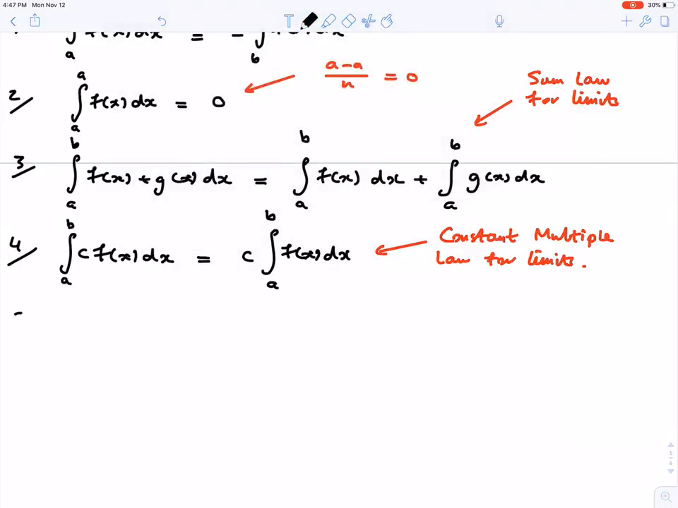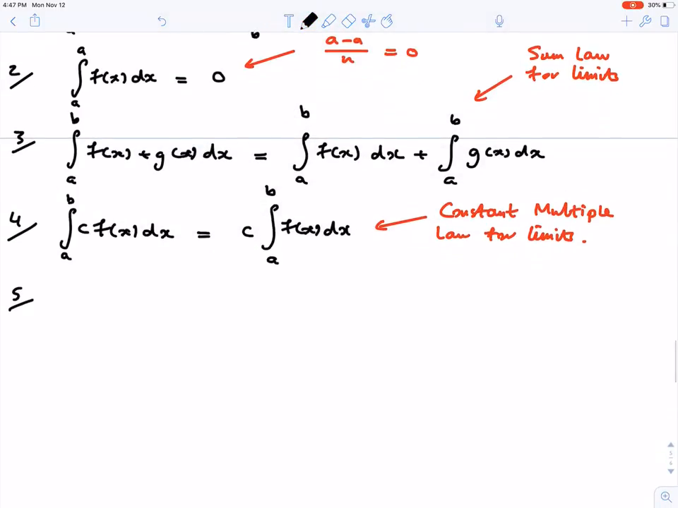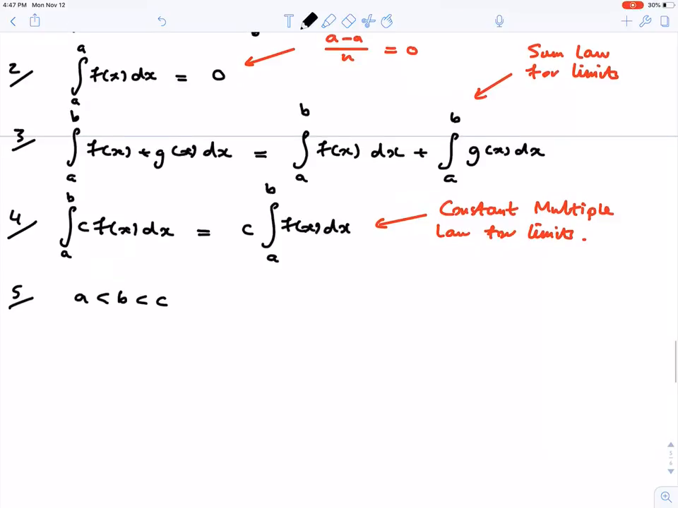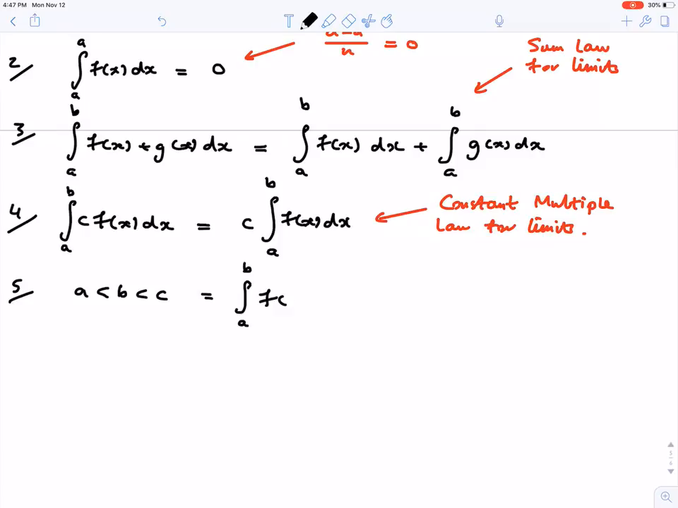5. Well, here's something a little bit different. If I have a, b, and c like this, then the integral from a to b, I should maybe say a and b are often called the limits of the definite integral, which is a bit strange because limit means limit, but it doesn't mean it there. It means it's kind of the end points. If I sum up the definite integral from a to b and then from b to c separately,